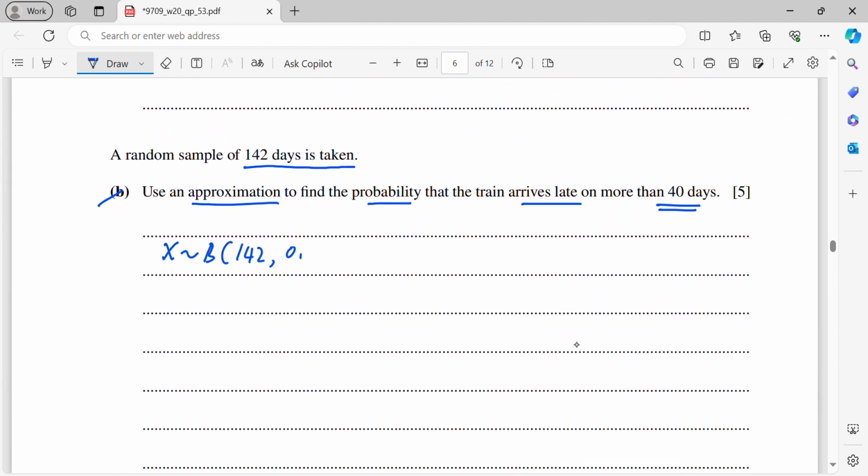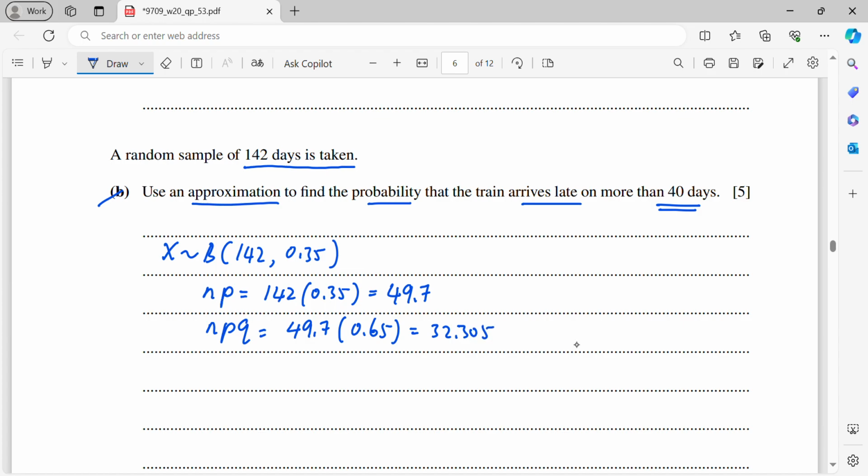Because your n is large, which is 142, I have to approximate to a normal distribution. So np is 142 times 0.35, and this is going to be 49.7. Then the variance npq, I will get 49.7, which is my np, times the q, 0.65, and you will be getting